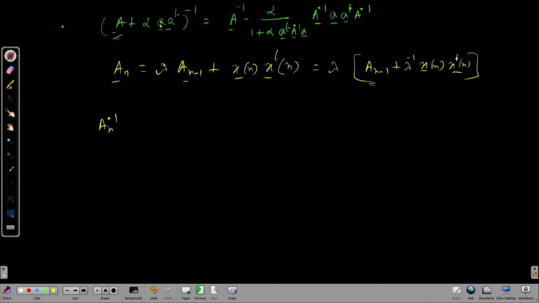So, when you apply the inverse, lambda also becomes lambda inverse, because lambda also is a 1 by 1 matrix, lambda inverse, which you write as a scalar lambda inverse and can put anywhere, either in the beginning or in the end, and the inverse of this